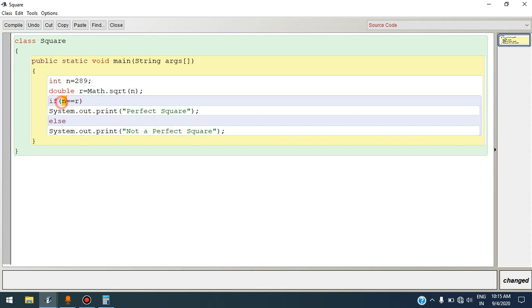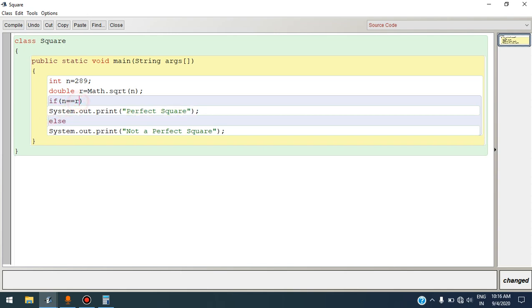So logically this condition should be met, and then it should print perfect square. If it is unequal, then definitely it will print non-perfect square. So here equality should be checked, and it should return true, then it will print perfect square.